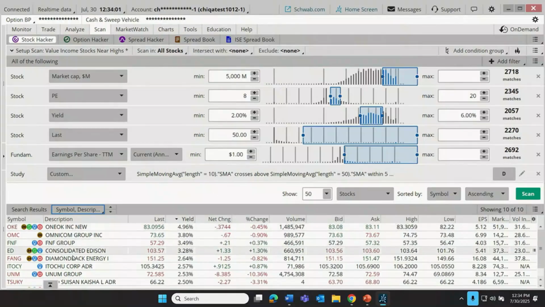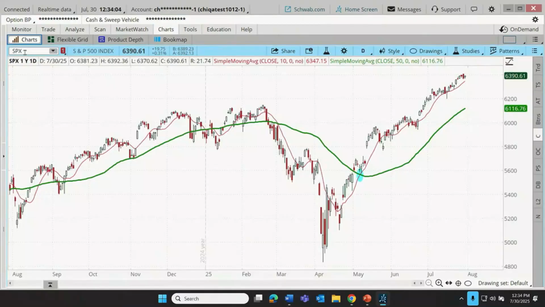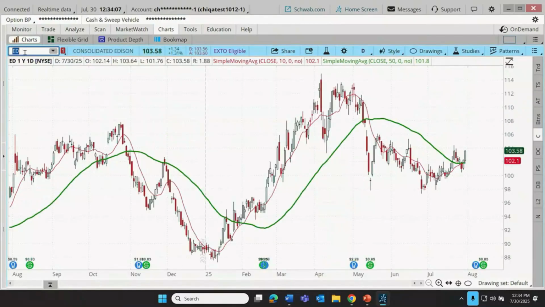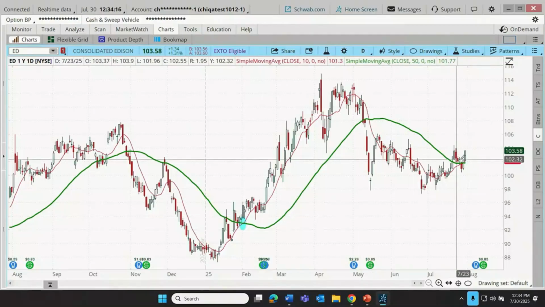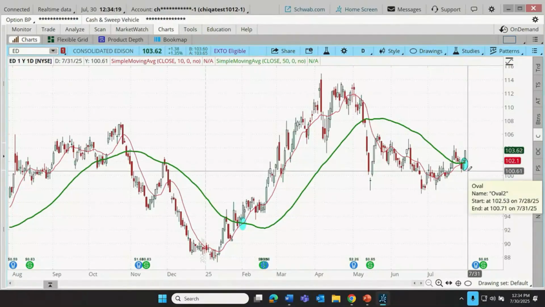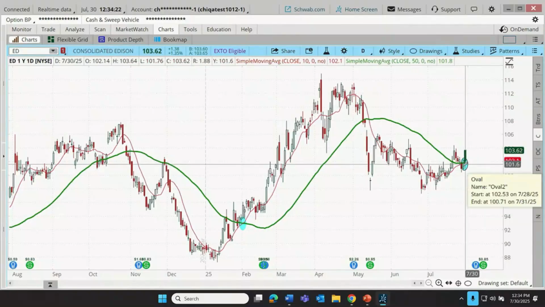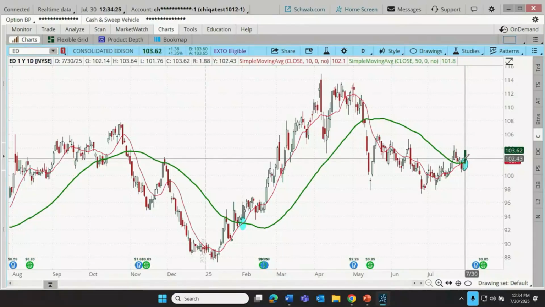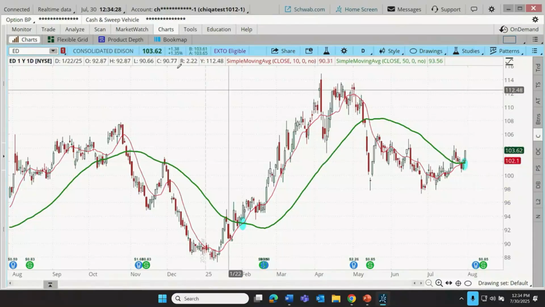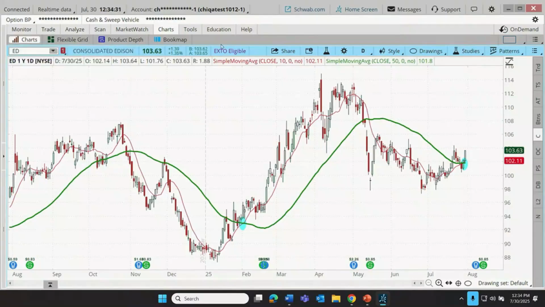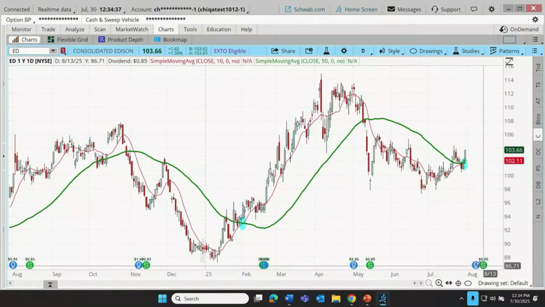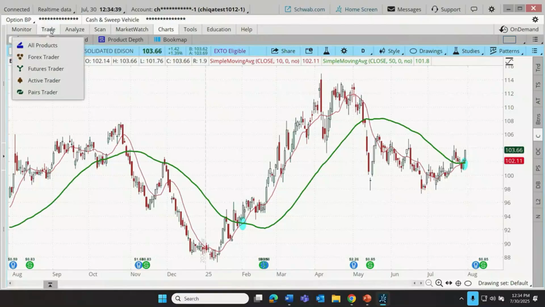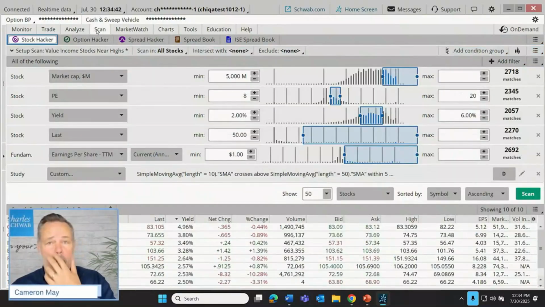But let's go see. Let's take one. How about a Consolidated Edison here? Let's go to the charts. Let's bring up old Ed. And what do we see right there? Looks like there was a crossover back here. Consolidated Edison. And there's just within the last 5 days, and as a matter of fact, it looks within about the last 48 hours, that 10 is crossing up over the 50. And for a technical trader who values a set of fundamental characteristics like the ones that we've outlined in our scan, that may be an interesting signal. Of course, they may take into consideration things like a pending earnings announcement, but this scan has done its job.